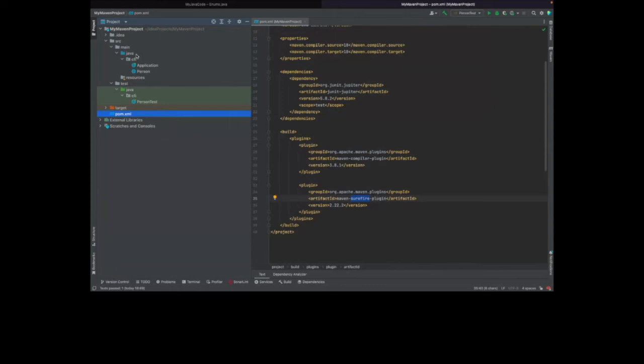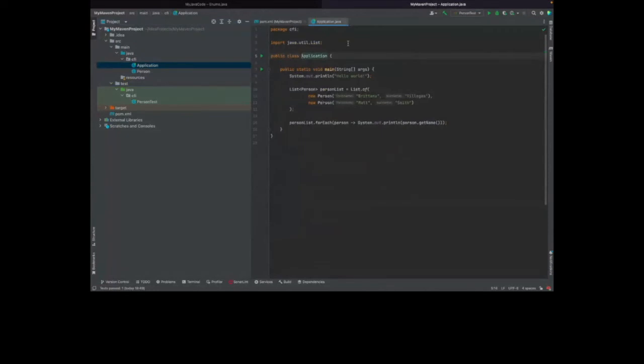So you have a folder called source, and inside of source you have a main and a test folder. Your main folder contains all of your actual code and things that you want to be working with. So it contains all of your Java code and all of your resource files in case you want to work with some resources. And then your test folder contains all of your test code that you use to actually test your code is working properly.